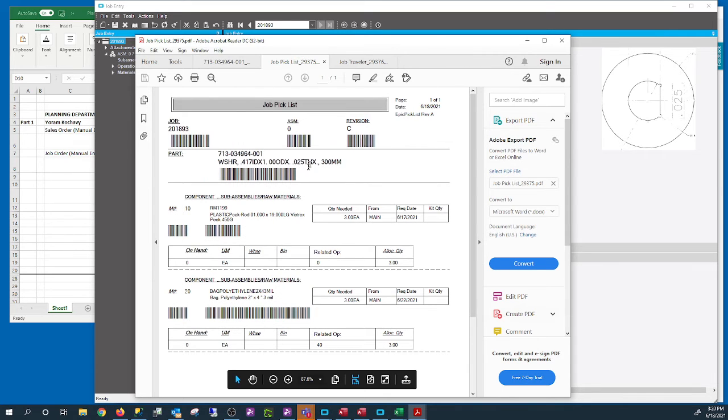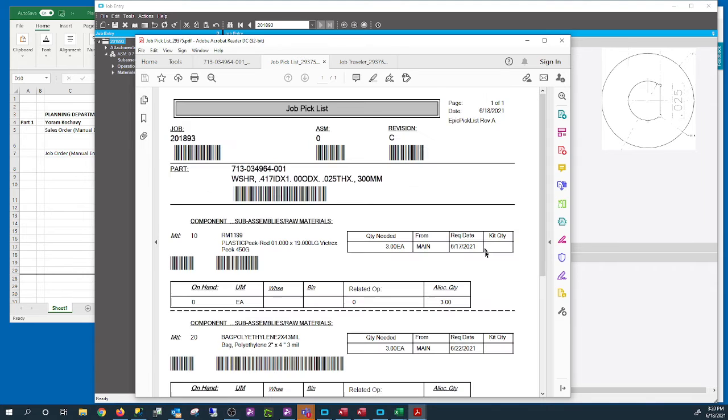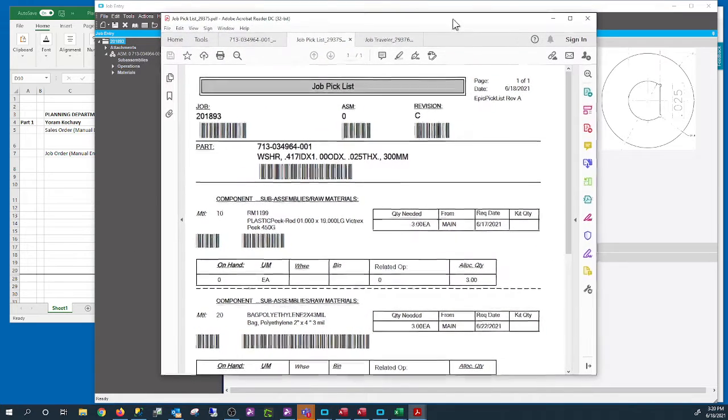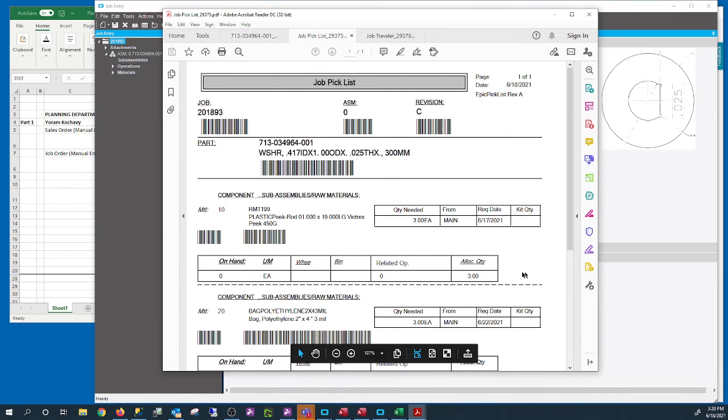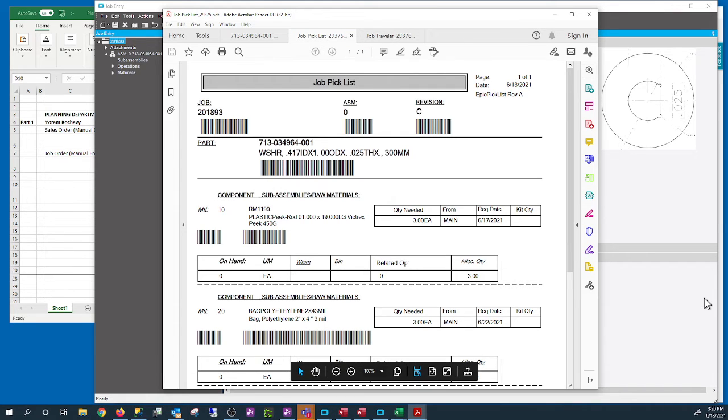Actually, I have a quick question. When we switch to F4, planners will not print the traveler. It is document control's responsibility, am I correct? So how do planners check to make sure every job has been printed? Is there a report that tells document control they missed some job, or how can they check to make sure all the jobs are being printed and released?